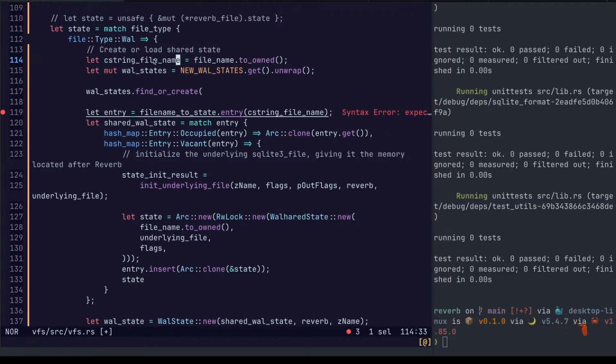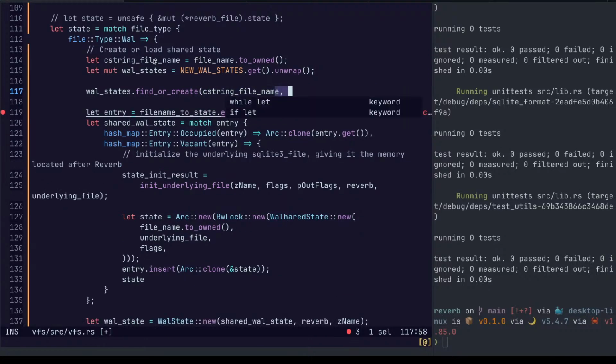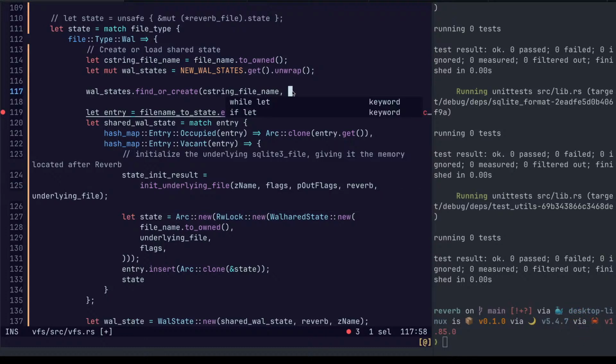So let's pass in this C string file name. It will also need this information. Can we set it up so that it always has a reverb? Maybe. Yeah, let's do that.